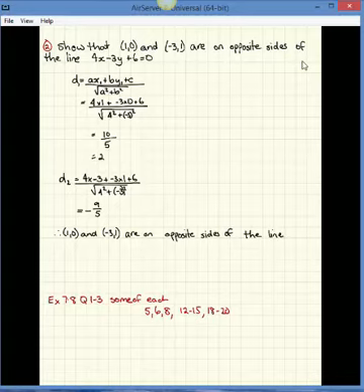Now remember, if the question said show them on the same side, you would show that they were both positive or both negative. Alright, so for the last exercise in this topic, 7.8, I want you to do some of